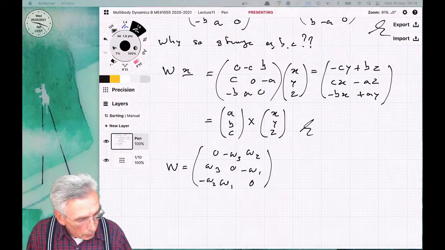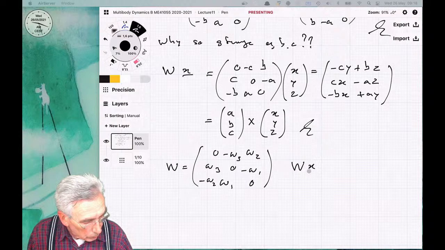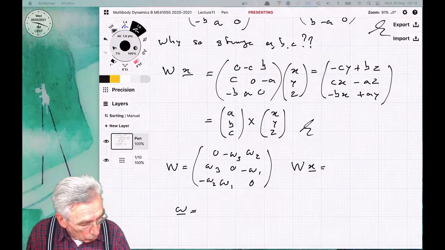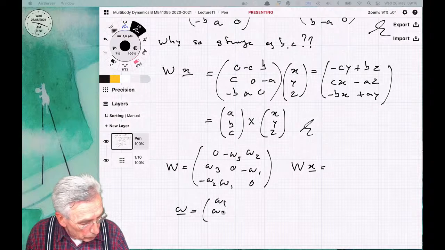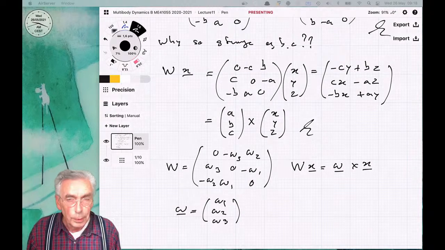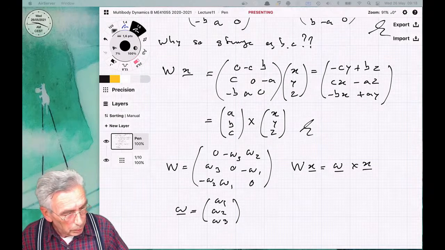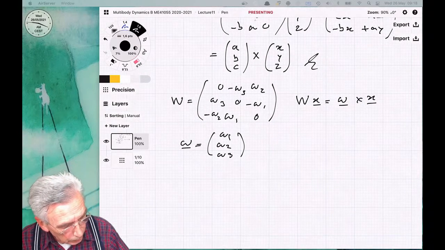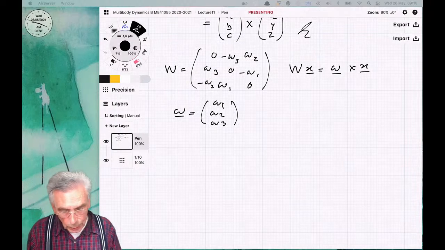Then we could say that W times the vector x is like, and then we have a vector apparently omega 1, omega 2, omega 3, a vector omega cross product x. And that's exactly what we remember from our simple velocity analysis in the past, in the 2D case, or in